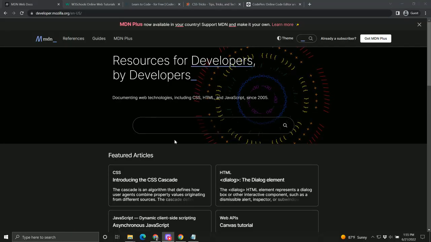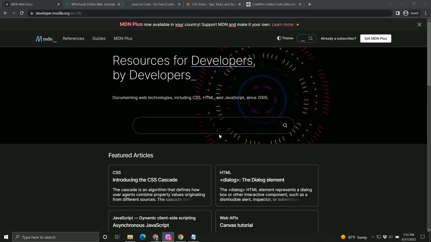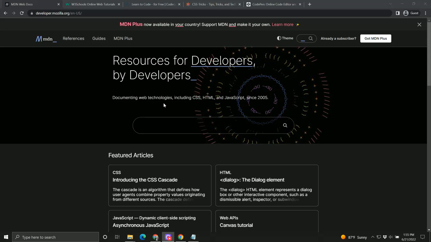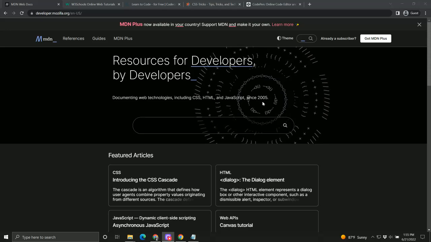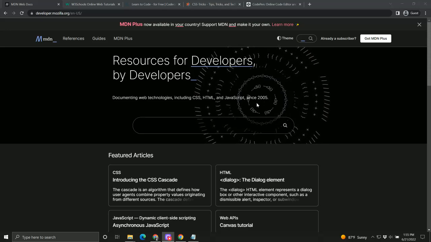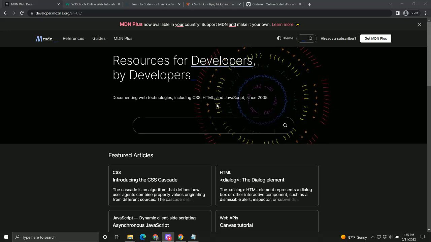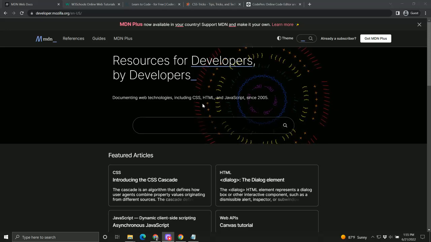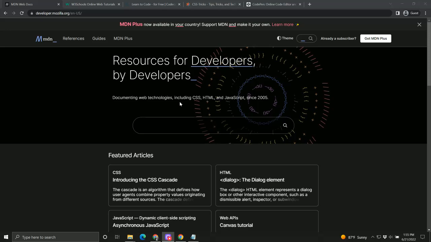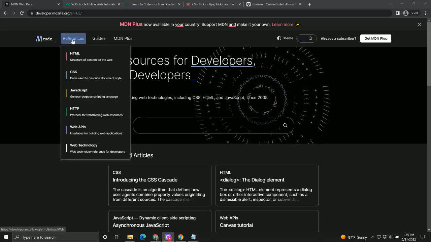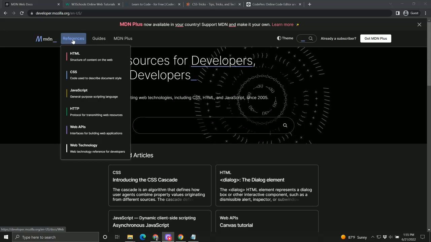First up, I highly recommend the go-to is Mozilla Developer Network. They've been doing this since 2005, and I've been using them ever since 2008 once I graduated from university. Their information is up to date and it's constantly changing for the student or seasoned professional that needs to keep